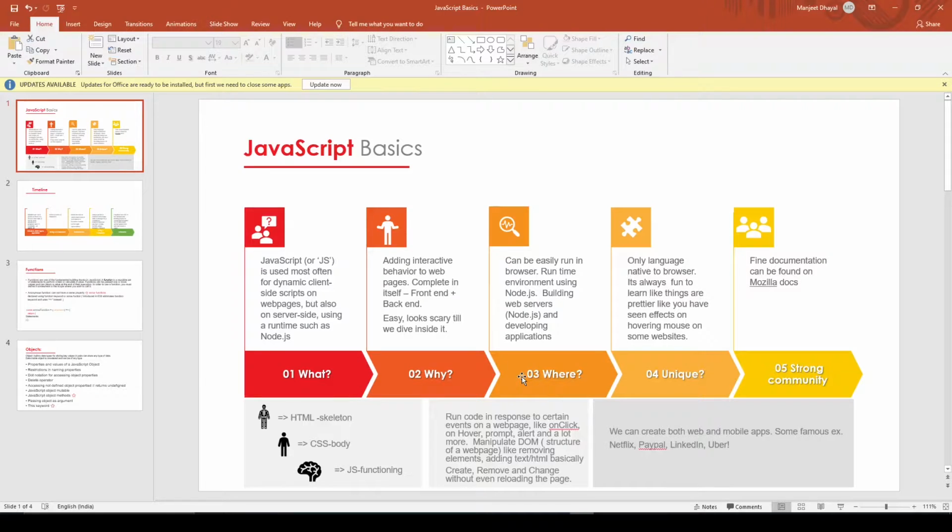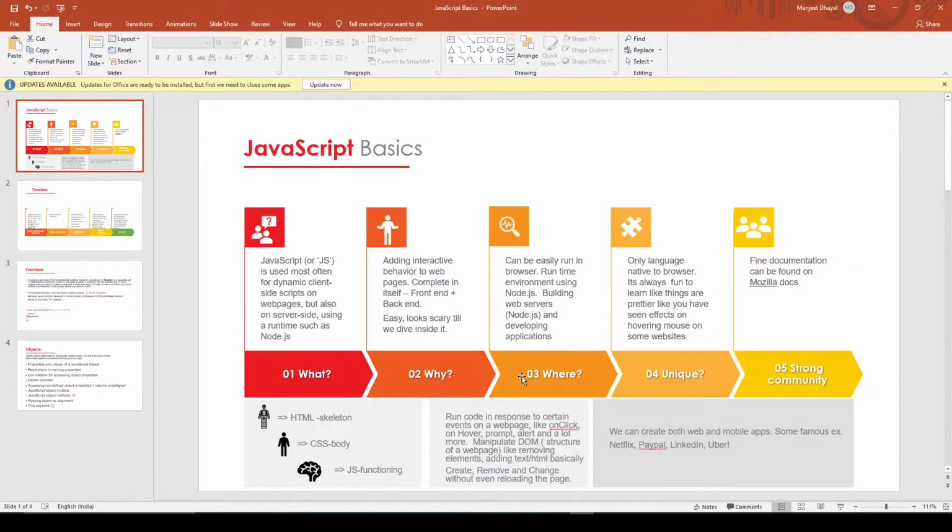Now, you have seen Netflix, PayPal, LinkedIn, Uber. All these apps are built with JavaScript. So with JavaScript, we can build websites, web pages, and apps too. Why is JavaScript so unique? It's complete in itself. We can do both the front end and the back end of a website. So we can become a front end developer, a back end developer, and boom, we are now a full stack developer. We are ready for industry now.